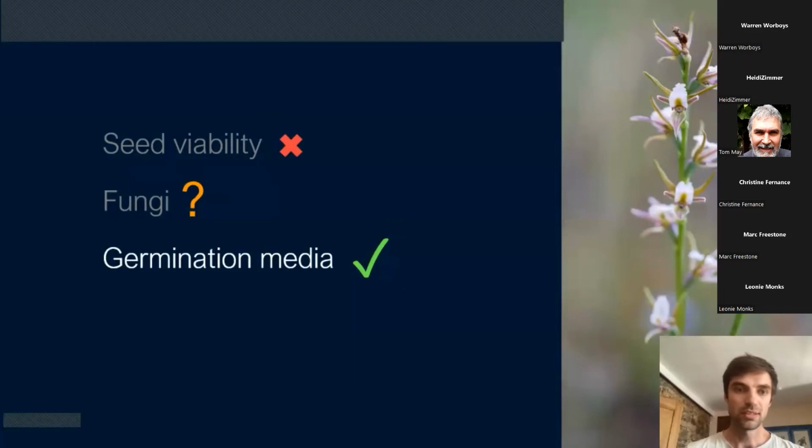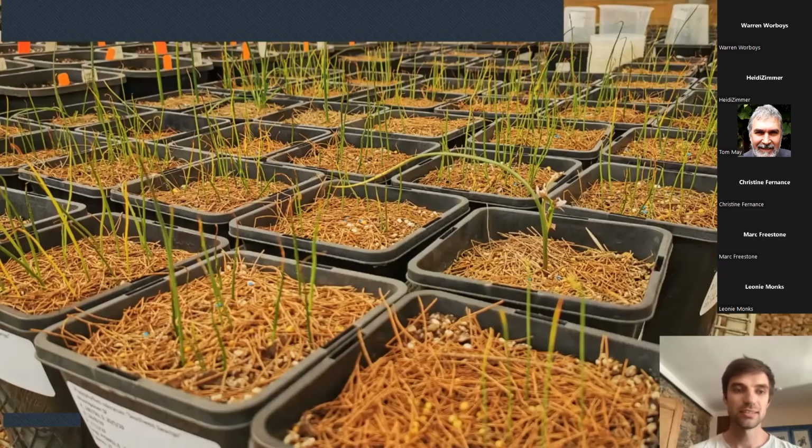That was kind of the key thing that we were getting wrong. It's interesting why leek orchids need this different media. I don't really know. I suspect it's probably something to do with them growing naturally on relatively fertile soils, and so maybe the mycorrhizal fungi require more nutrients in their soil in order to have enough extra food to give to the germinating orchid seeds. Who knows? But yeah, for whatever reason, it seemed to work.